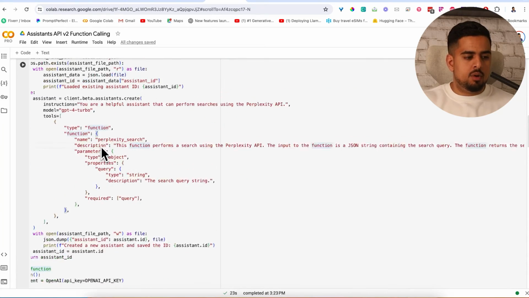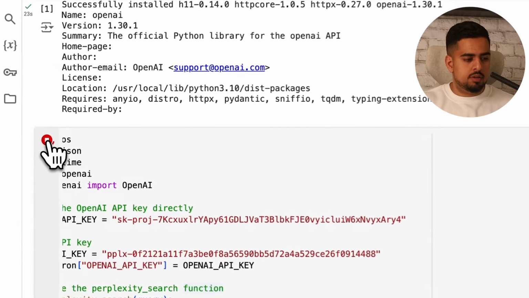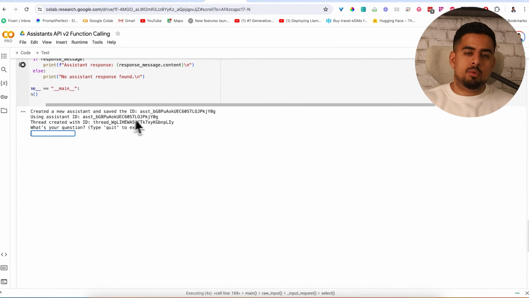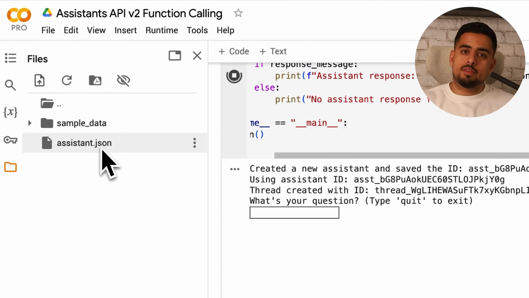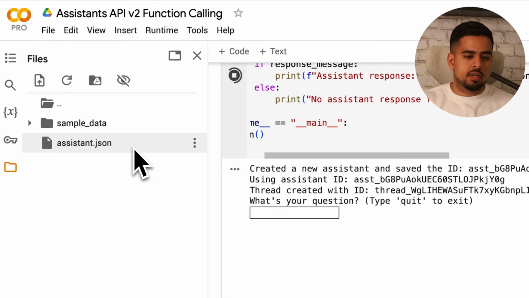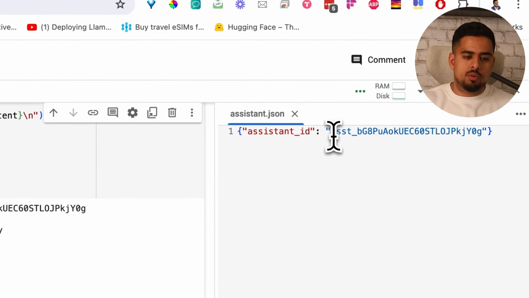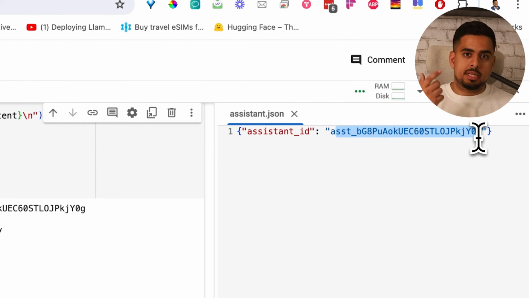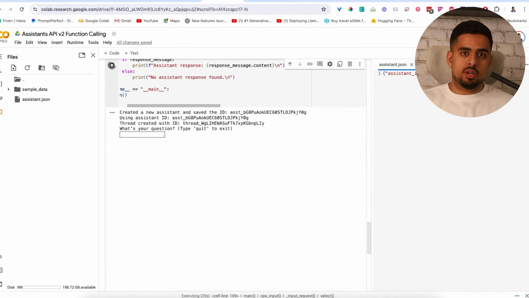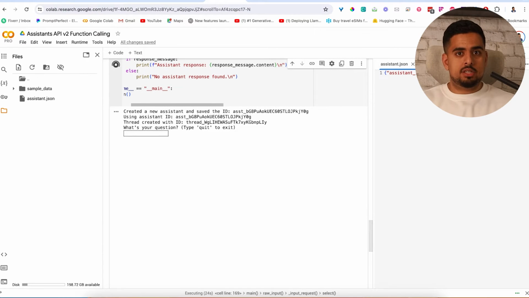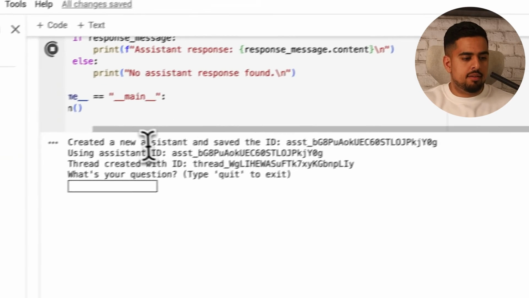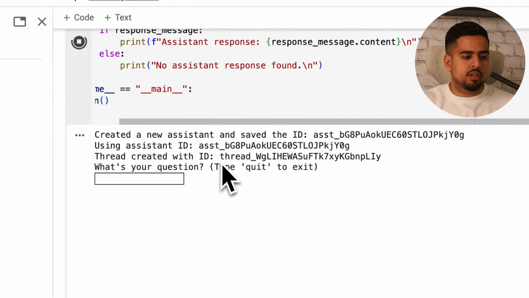So if I run this right here and we scroll to the bottom, you'll see that it's created a brand new assistant because the JSON file didn't actually exist before. If we go to the left-hand side, you'll see right here, I have a new JSON file. If I double click it, you'll see that we have the new ID. So if I was to stop and rerun this, it shouldn't create a new assistant, because it should go into that JSON file, see that there's already an ID, and then use that ID to have that conversation. So other than that, we have the assistant ID here, we have the thread ID, and if I ask it a question,